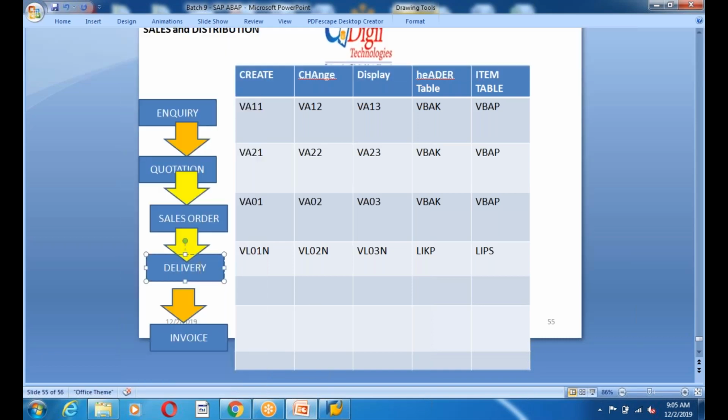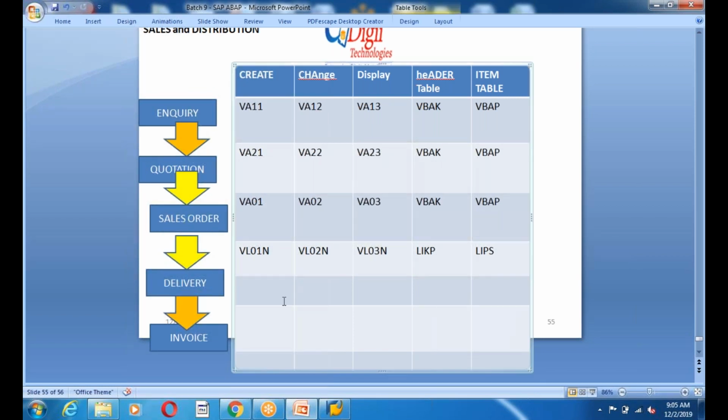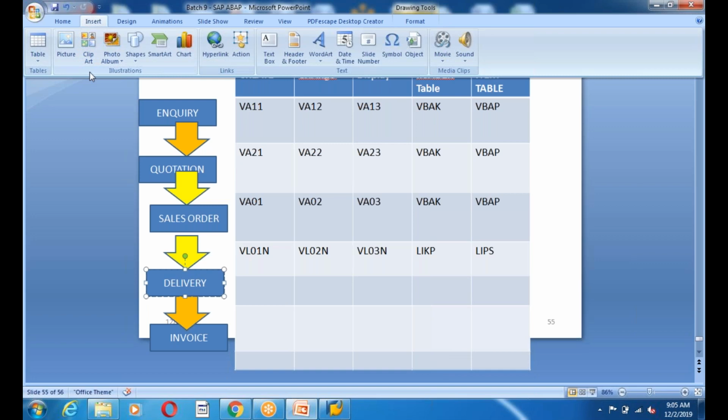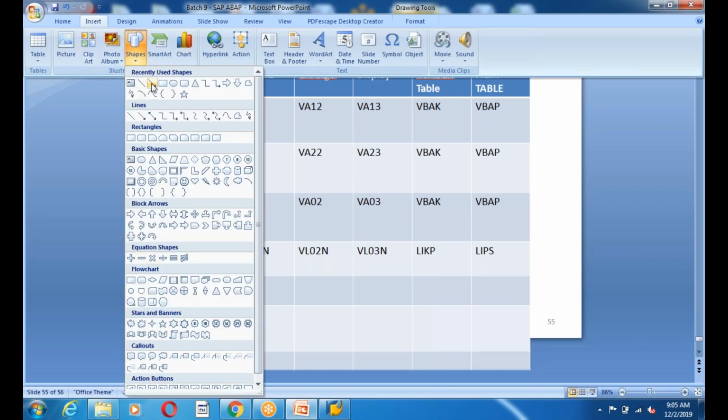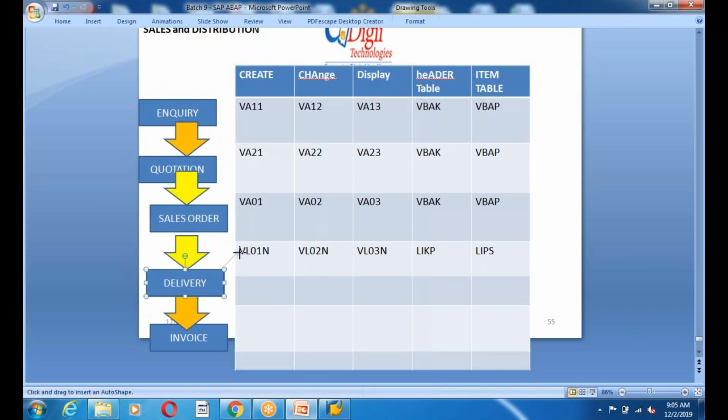Even if I want to buy something like some turbines, the big turbines will come via ships from outside of the country, right? That kind of process we also call a shipping process. So the delivery contains both things. One is the dispatching from the store, the other is the shipping process, the courier process, which we call the shipping process.